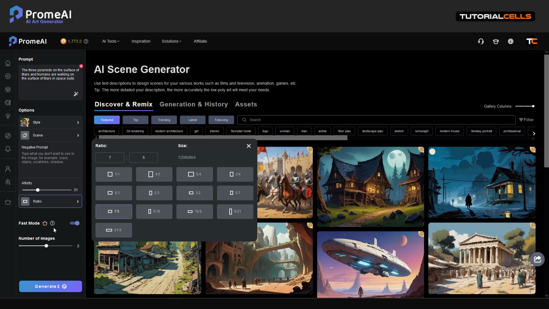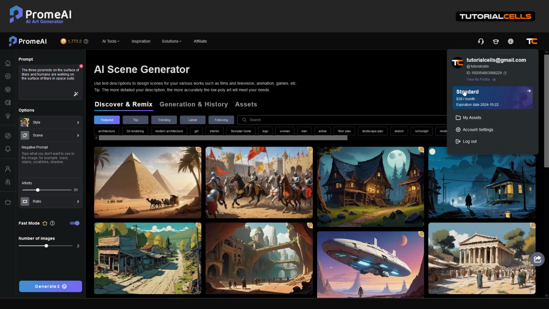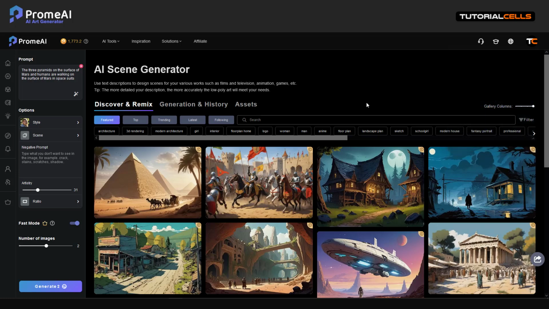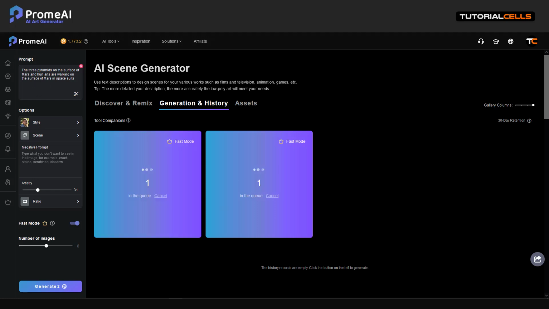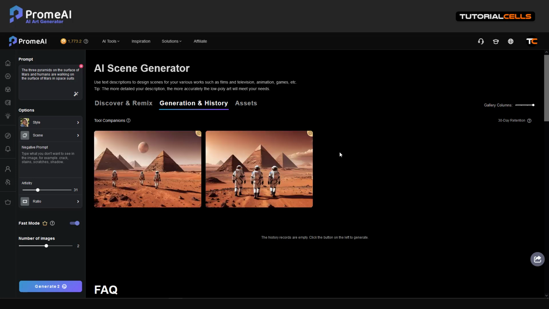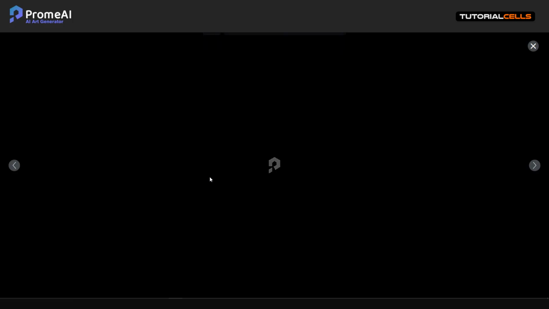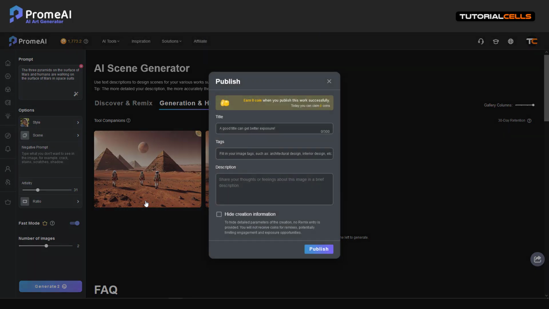Make sure you are in fast mode to render it fast. Because of that, you have to purchase a standard or pro plan. Let's generate two images and let's see what happens with this. Interesting. Nice, love it. And then publish it